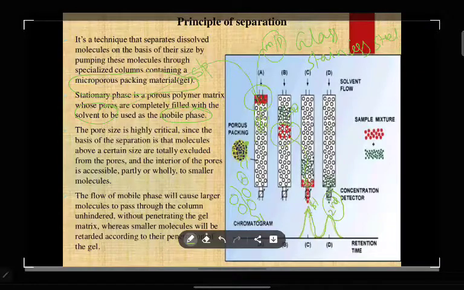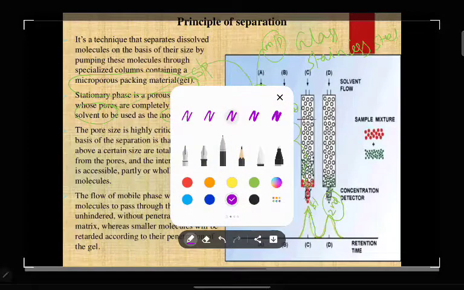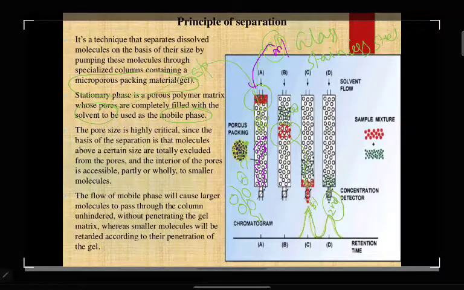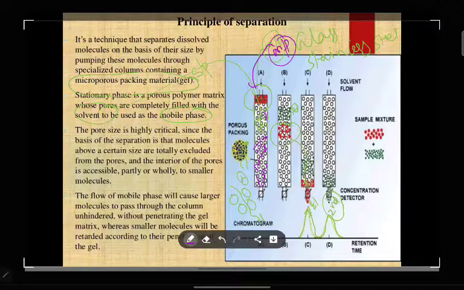That mobile phase will occupy the gaps. You see the gaps here, no? The white color gaps. These entire gaps will be occupied by your mobile phase. That is called saturation. First you mix your stationary phase with mobile phase, you fill your column, and after filling we again add some amount of mobile phase. That is for saturation. I mean, empty space will be there, no? That empty space between your gel will be occupied by mobile phase.